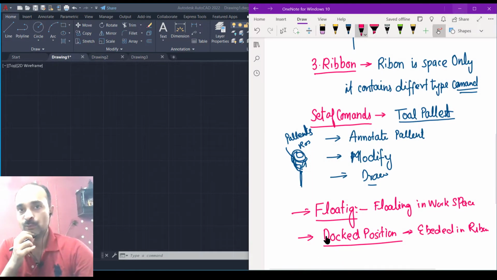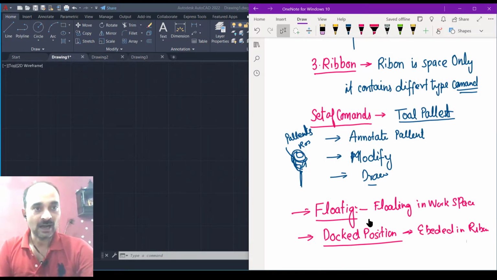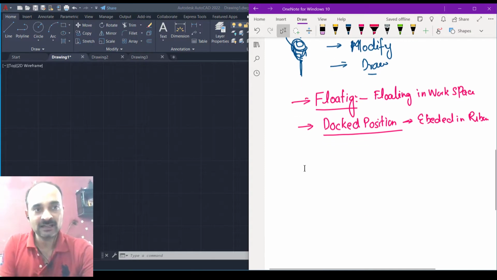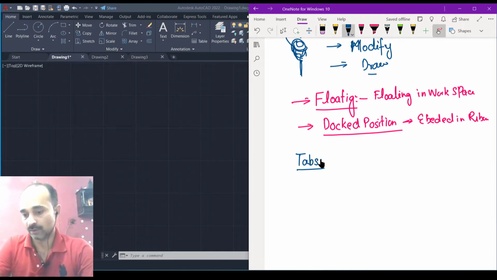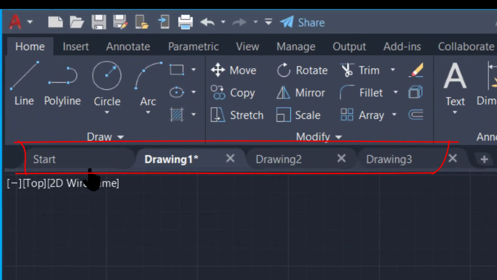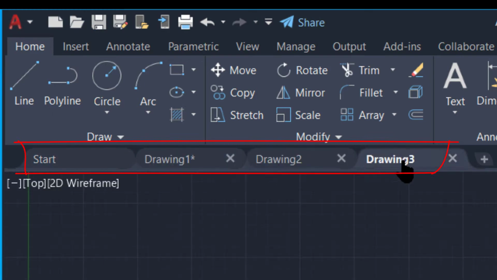Now I will move to one more thing. After the ribbon, there are different tabs, the start tab and new tabs. It works similar to Chrome, where they are called tabs.